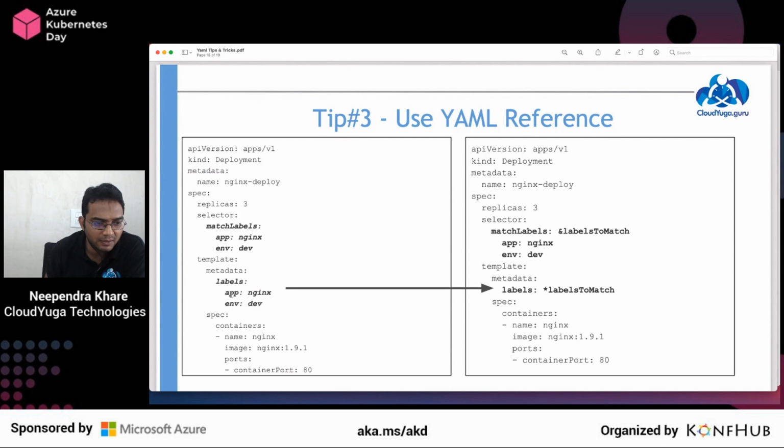So instead of writing these labels again here, I can give a reference name here, labels to match, and then put a reference to those labels, just with the star and the labels to match. That way I can be sure that my replica set in the deployment would select the right pods which I would like to. That's our tip number 3.